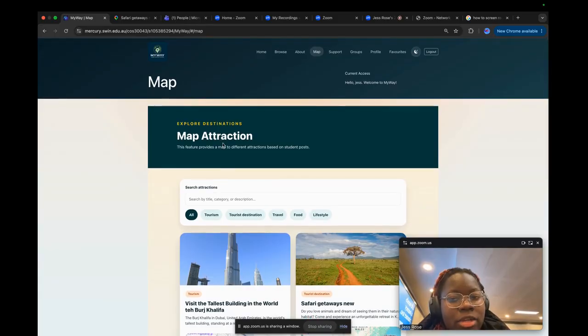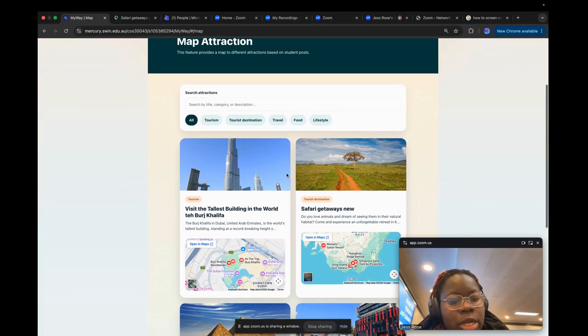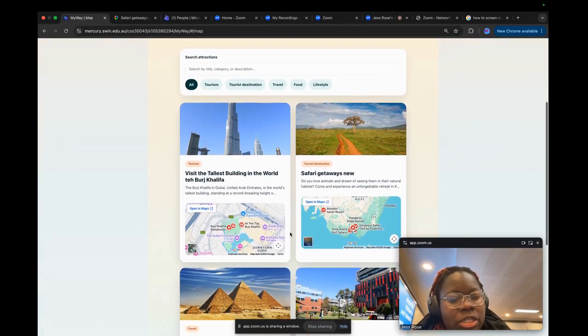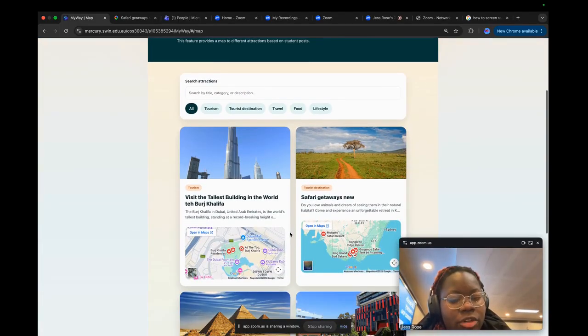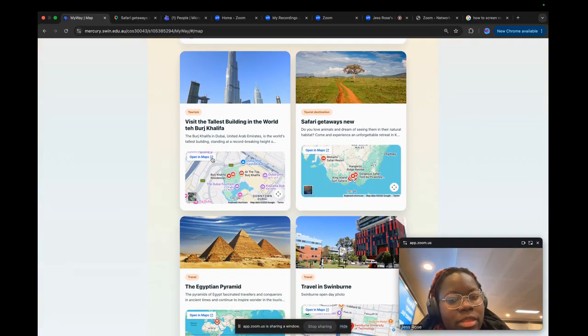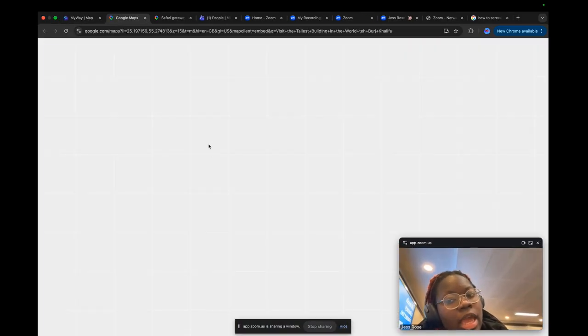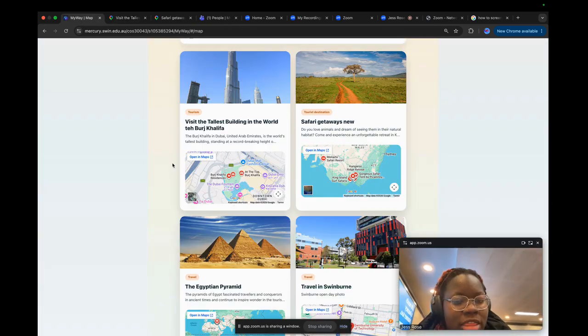As well as the map attraction, this is from content from the browse history. It will ping locations that are based on the titles of the attractions, and so the user can just select and go out and try them, as well as getting a verifiable source like Google to back